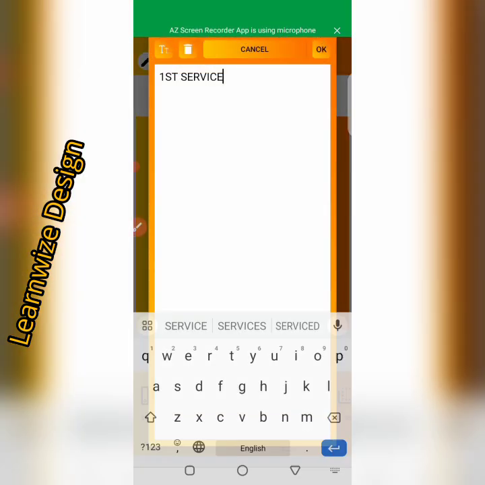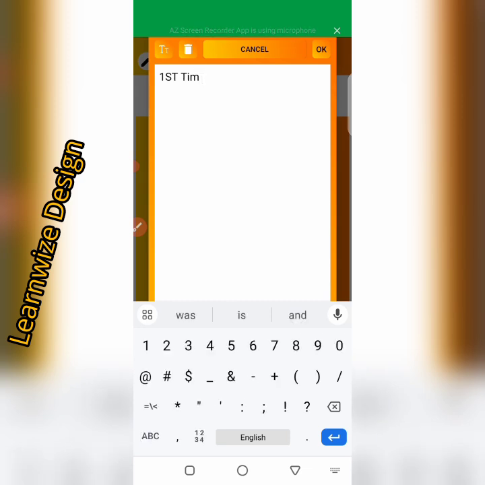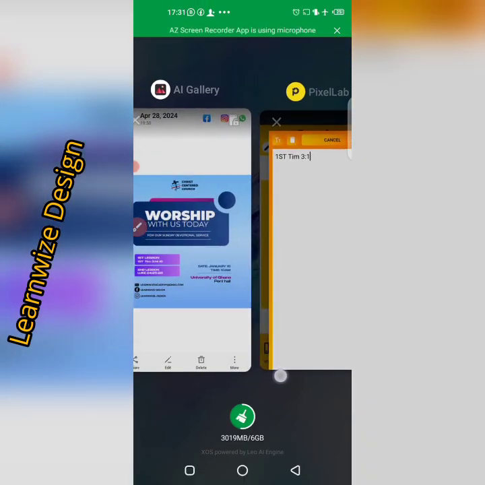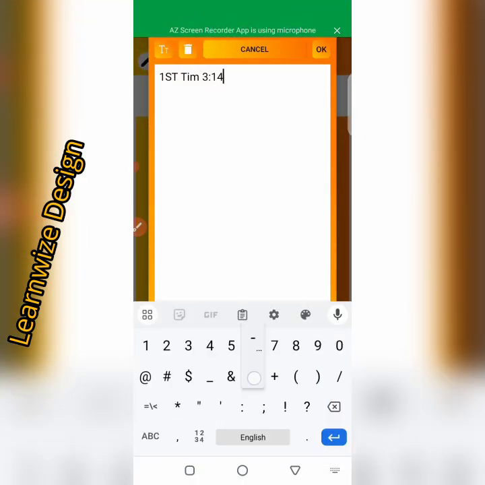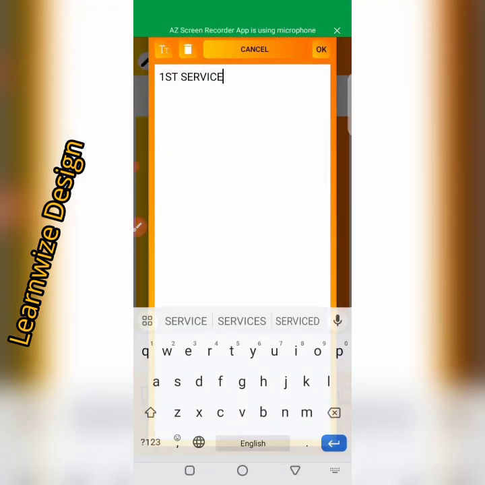Sorry, First Timothy 3, is it 13? First Timothy 3, 14 to 16. 14 to 16. Place it down. Then let's copy this one, then just change it to second